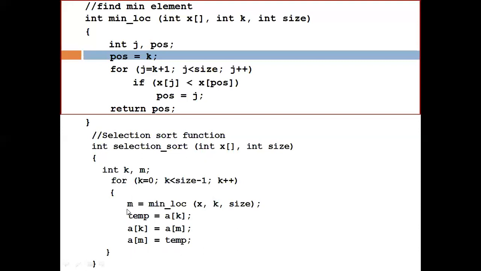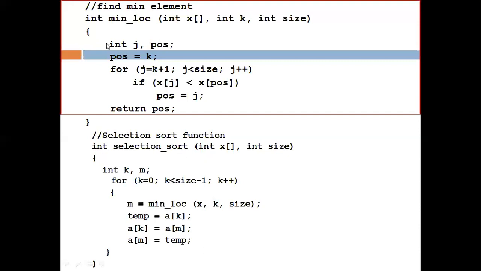Here, one thing I would like to remind: this m is storing the index of the minimum element, not the value, the index. So that's why am is assigned here in ak.